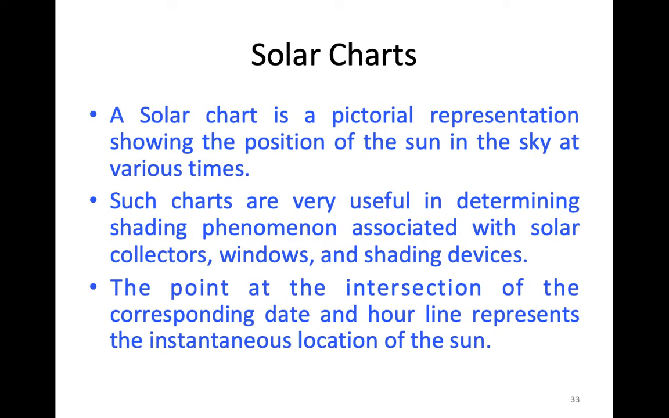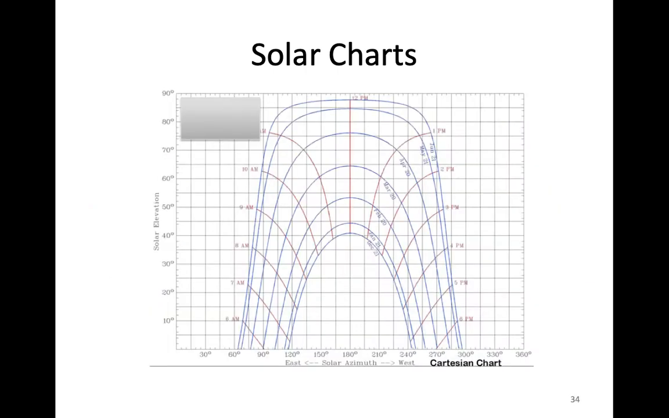The next topic that we are going to study is solar charts. A solar chart is a pictorial representation showing the position of the sun in the sky at various times. Such charts are very useful in determining shading phenomena associated with solar collectors, windows, and shading devices. The point at the intersection of the corresponding date and hour line represents the instantaneous location of the sun. This is a solar chart in Cartesian coordinates. Here, if we know the date and time of the day, we can calculate the solar elevation and solar azimuth